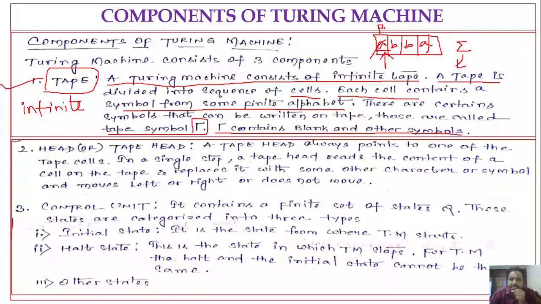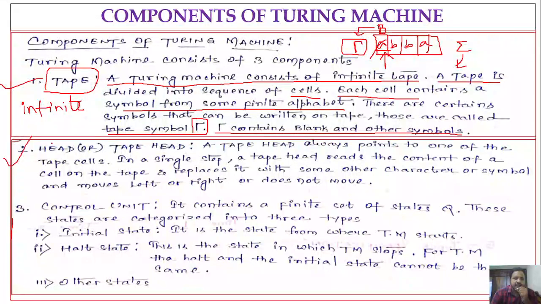So the blank symbol I am representing here is capital B. In this case, this capital B will become a member of tau. Tau is called the tape symbol set. Whatever symbols we write onto the input tape belong to this tau. We will discuss these things clearly in the coming sessions.